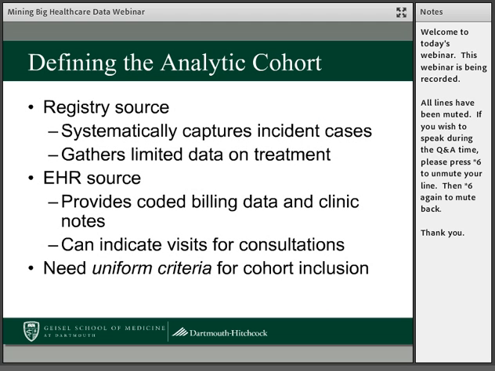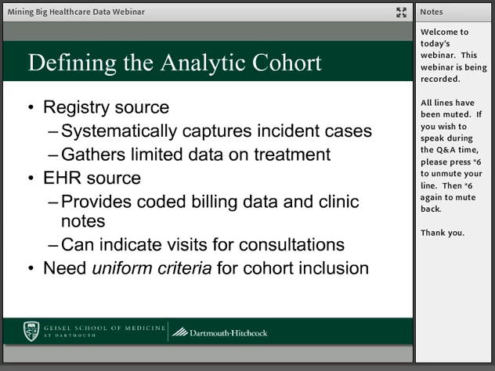So the registry sources, as many of you know, are systematically capturing the incident cases. They're trying to find out new cases of breast cancer. And in this case, there may be some overlap between Stanford and PAMP in terms of registries, because both of these registries may think that they've caught the incident case and they duly report it. The CPIC, the regional registry, can try to sort that out for us.